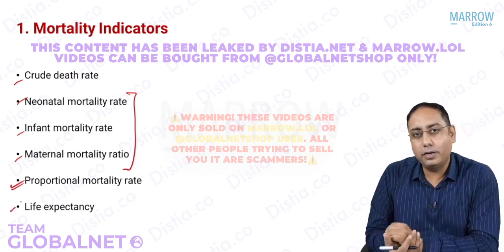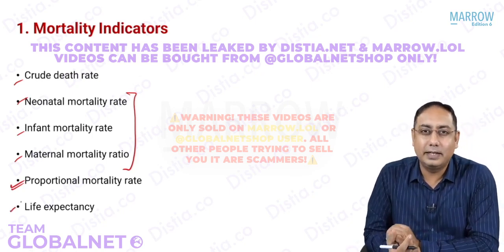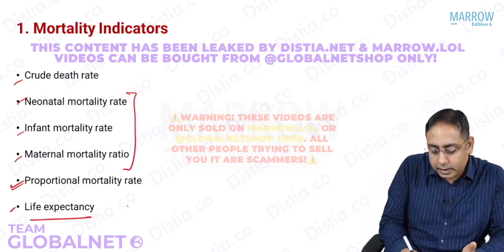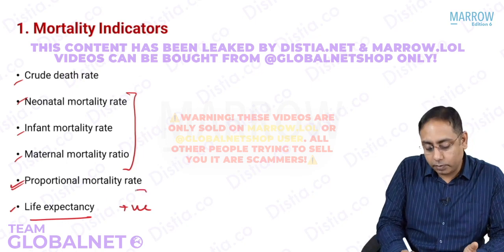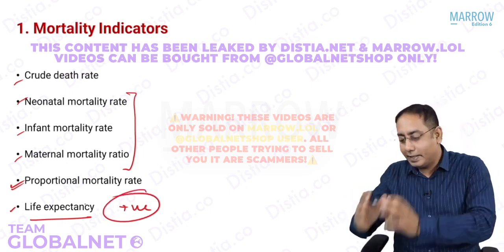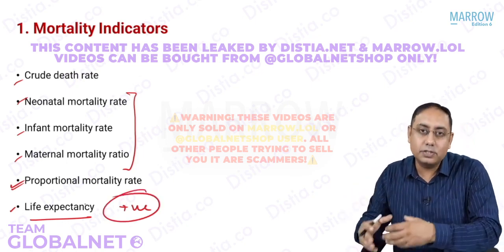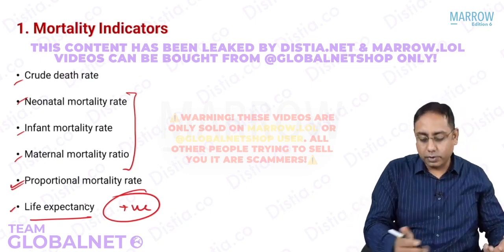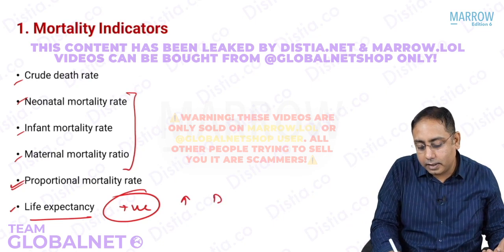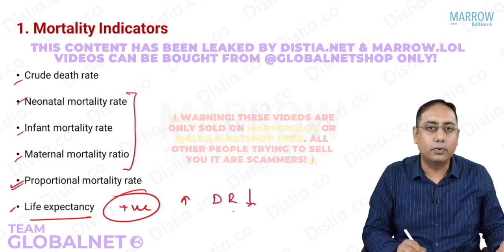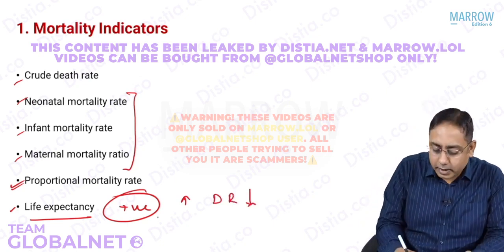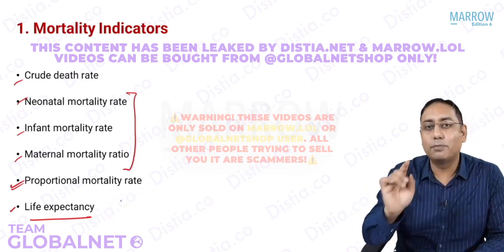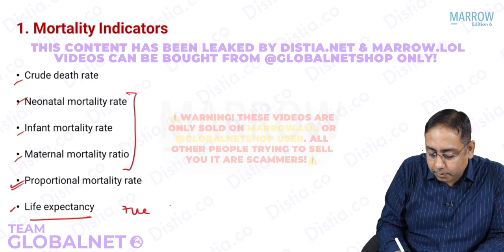Life expectancy. Wait, do you think that life expectancy is a death indicator? The answer is yes, because life expectancy is a positive death indicator. What do you mean by positive? Because the number of deaths in the country or the chances of dying is inversely related to life expectancy. So if the life expectancy is high, the death rate technically has to be low. Are you getting it? It's very simple to understand. Please note, for your MCQ exams, life expectancy is taken as a positive